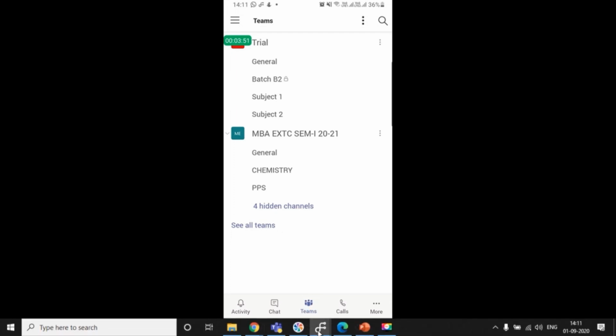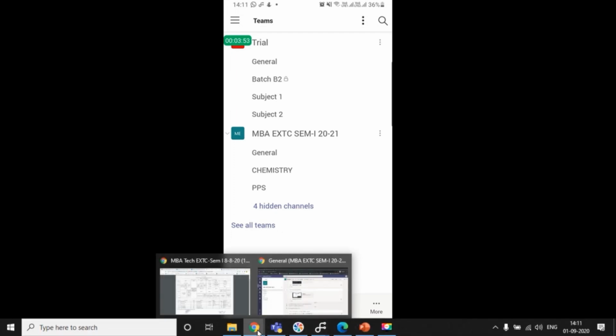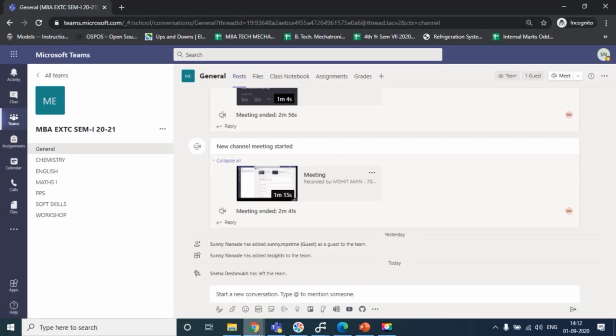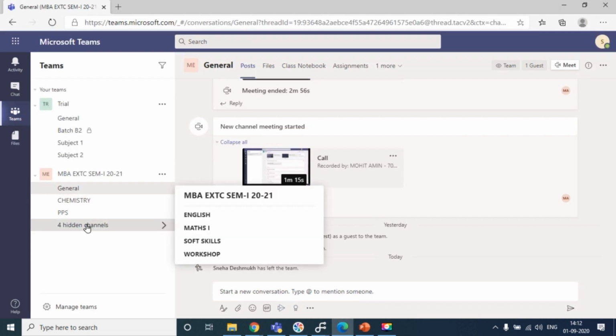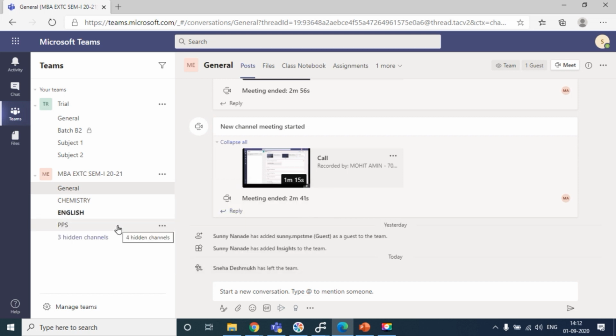Or else, if you go back to the students view, as soon as you hover on any channel, just click on the show option. What is this going to do? This will now by default show all the channels.